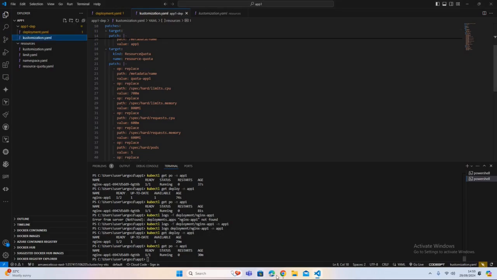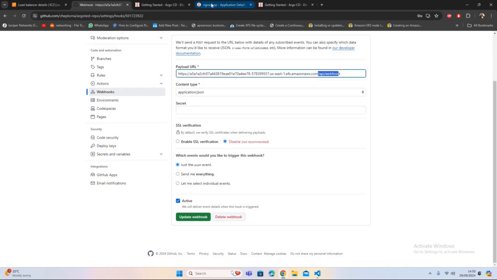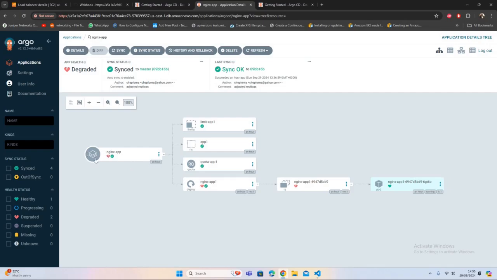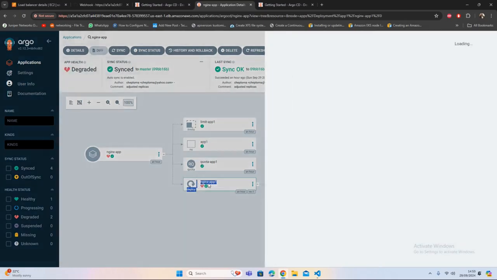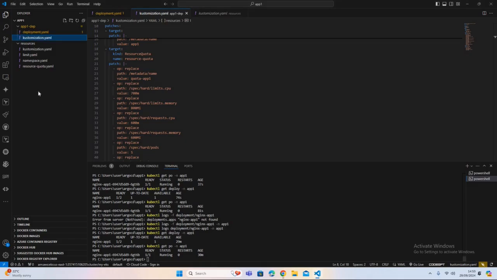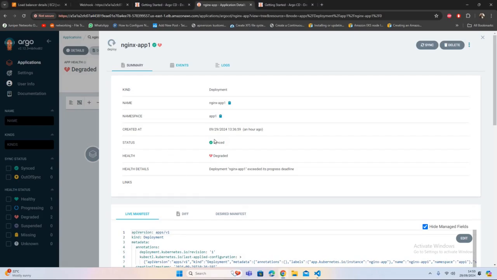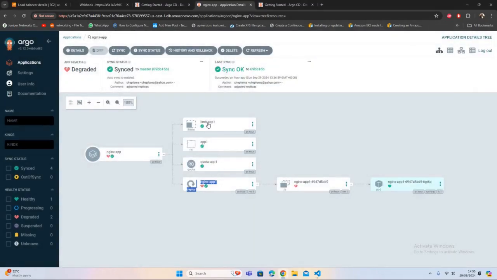my application was able to be created on Argo CD. And as you can see, this is what we have. My Nginx app application for Argo CD now has my deployment, which is this one, Nginx app 1. As you can see from this deployment name here, I'm just calling it Nginx. So that's the Nginx deployment. So going back here, it was created. You see the limits and all that. So it's bringing everything in that